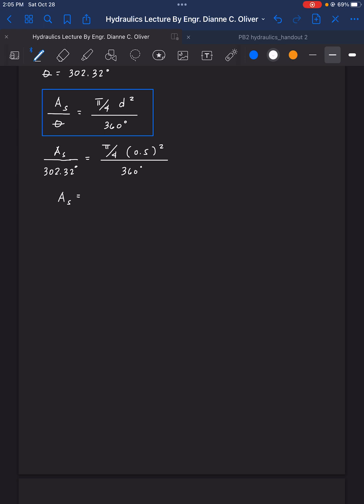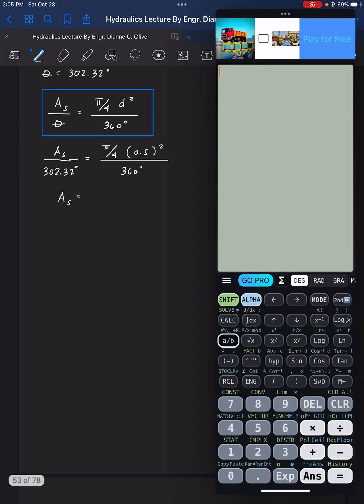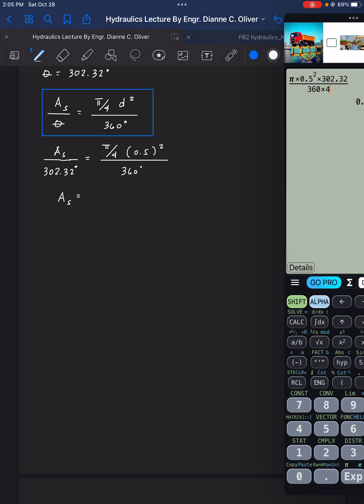So the area of the sector now is equal to pi times 0.5 squared times 302.32 all over 360 times 4. So 0.165